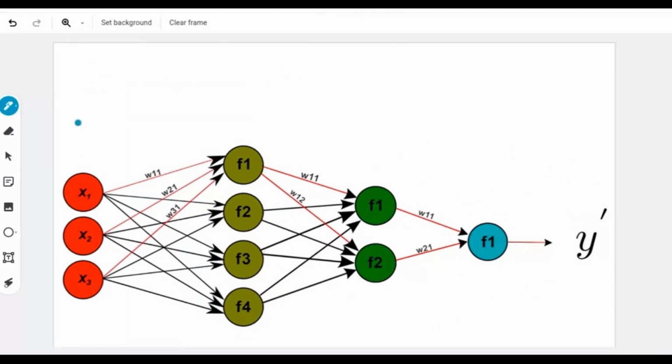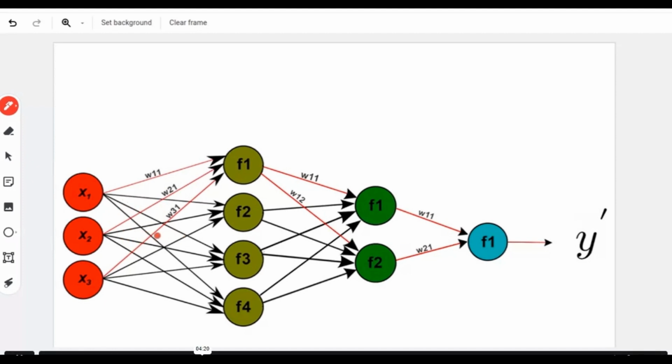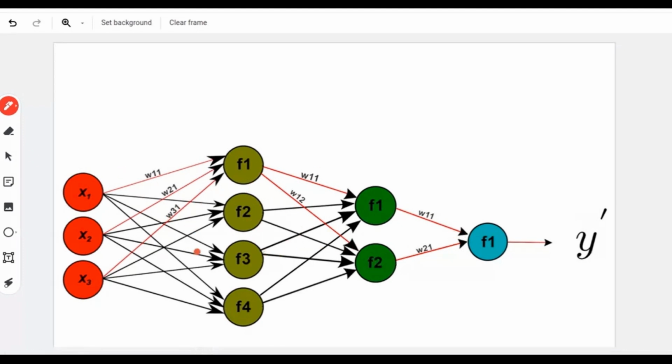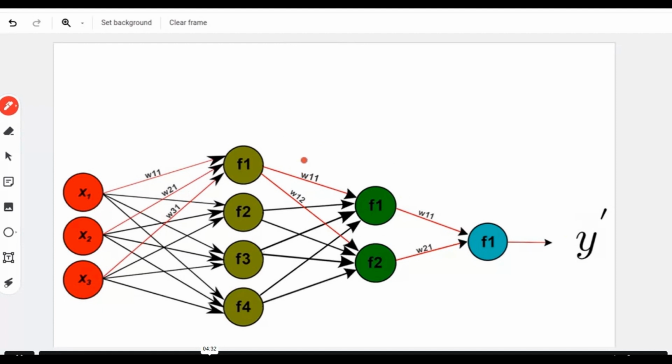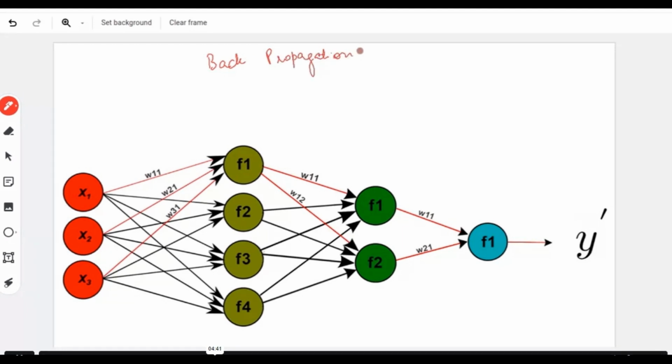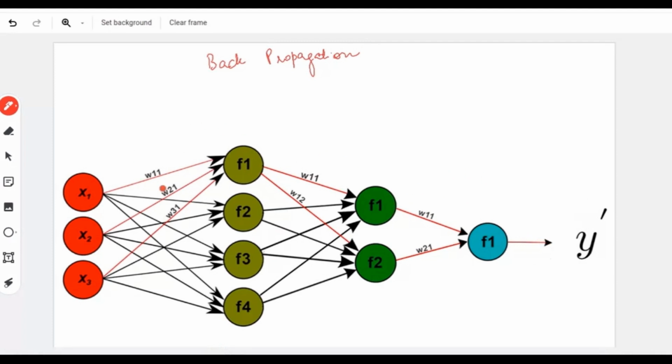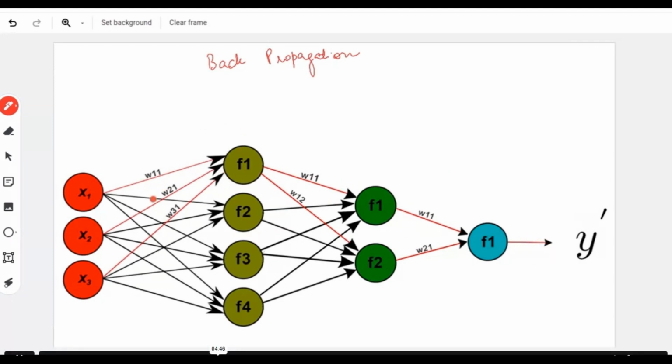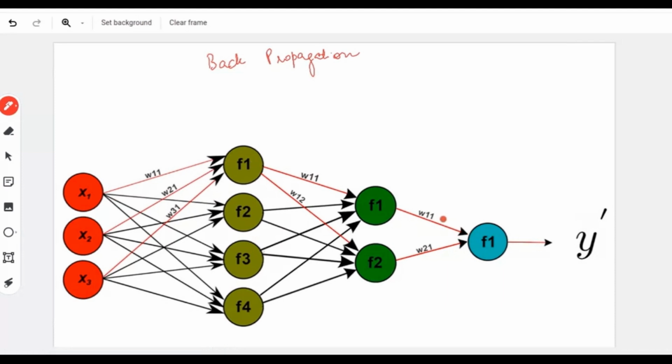Okay, so before I dive and tell you more about back propagation, let me just show you the back propagation for one path, and then you can make it an exercise and understand how back propagation works for the other nodes or the other paths. For now let us just consider this path that we are going to use. But what exactly is back propagation? As the name suggests, we have to go backwards. You have this here, you have to go back, and you have to traverse in the path that you moved forward in. That is basically back propagation.